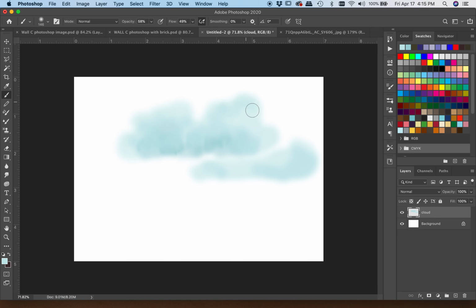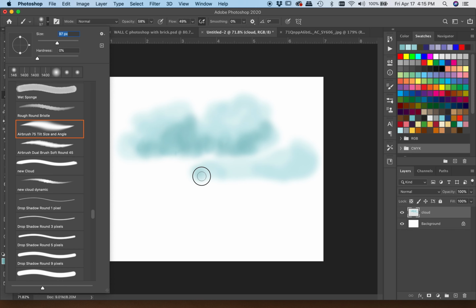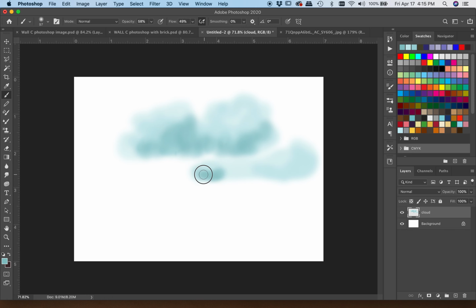Kind of a little bit of a shade color built into it. Because clouds have dimension. Make it a little bit smaller. If you don't like something, you can always go back and erase it.